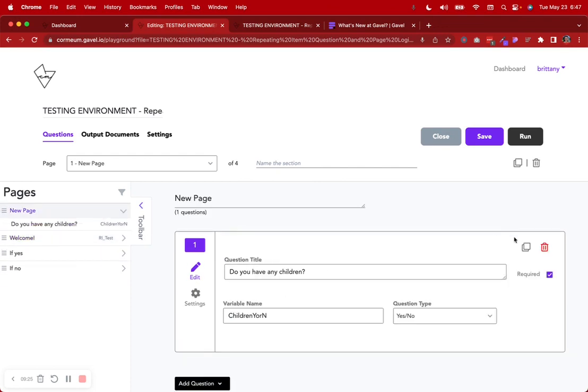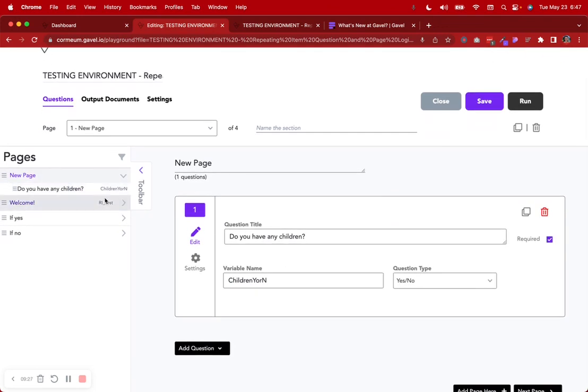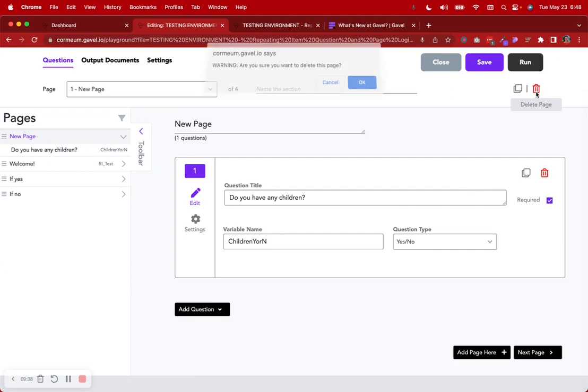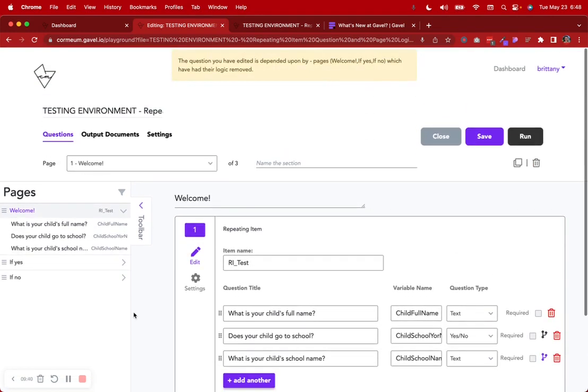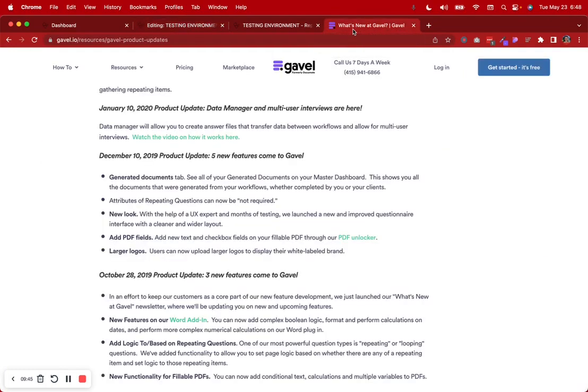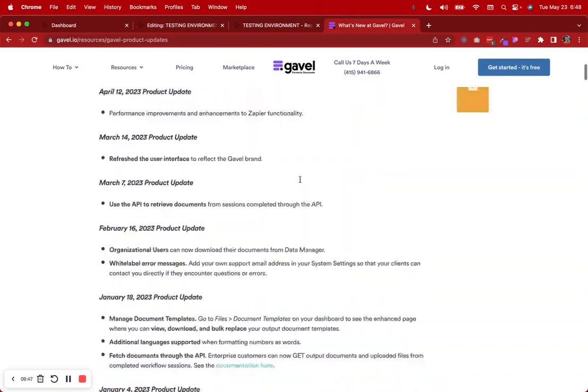So that's another way you can think about how you might use question and page logic around repeating items, specifically around page logic in this particular example. But I also wanted to point out one last thing, which is how I was playing with this. So I wanted to point out the feature update